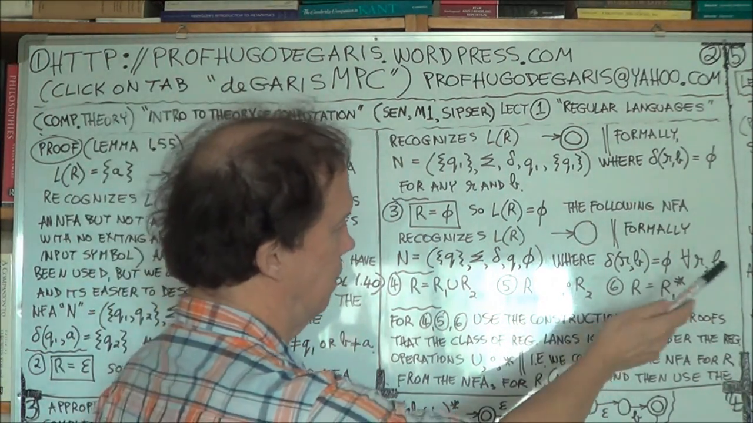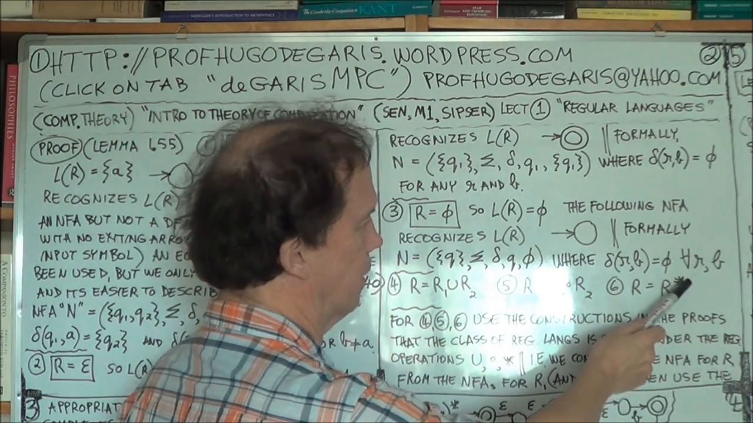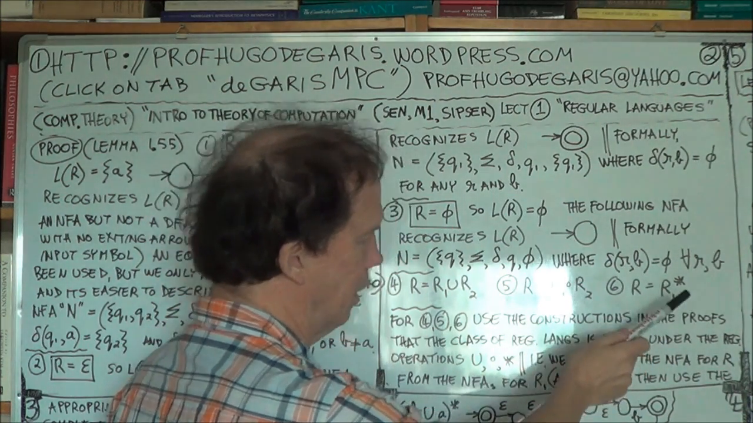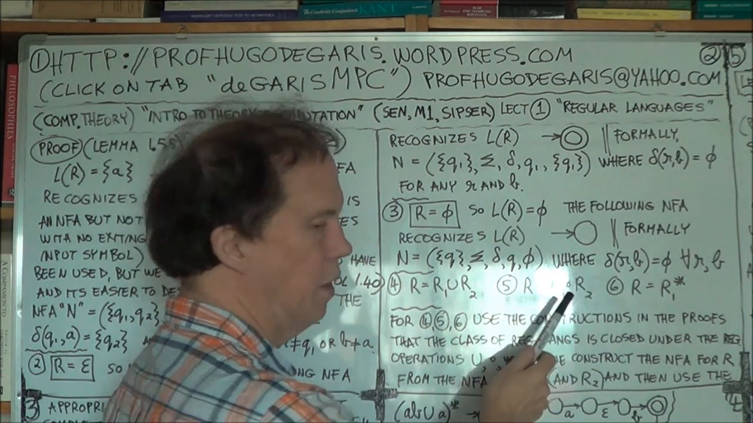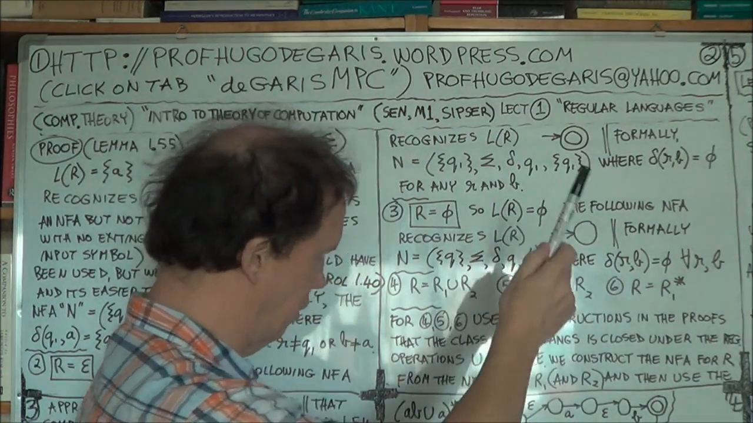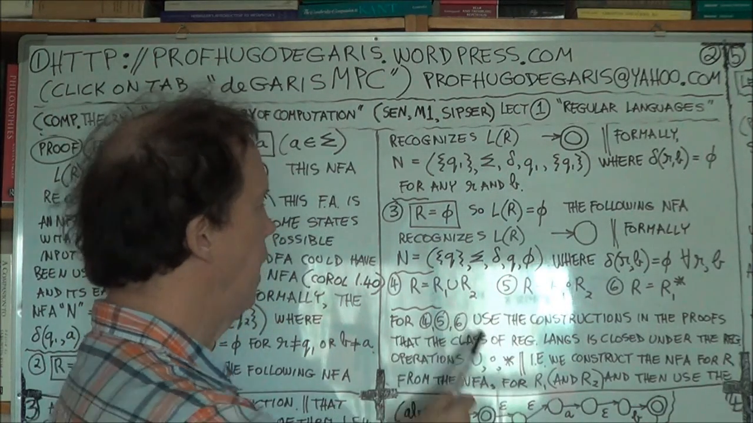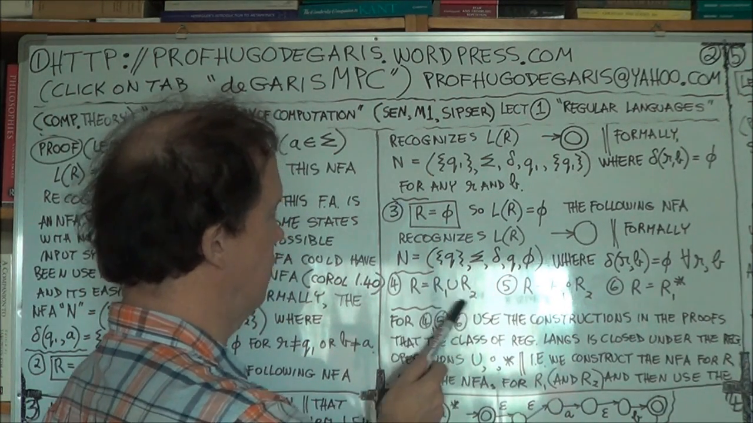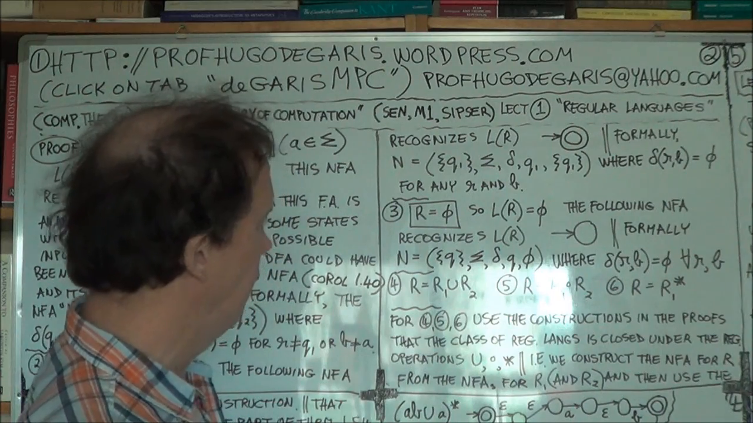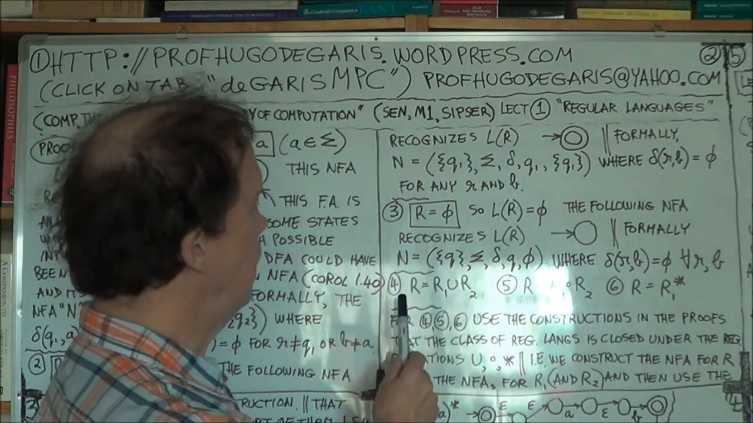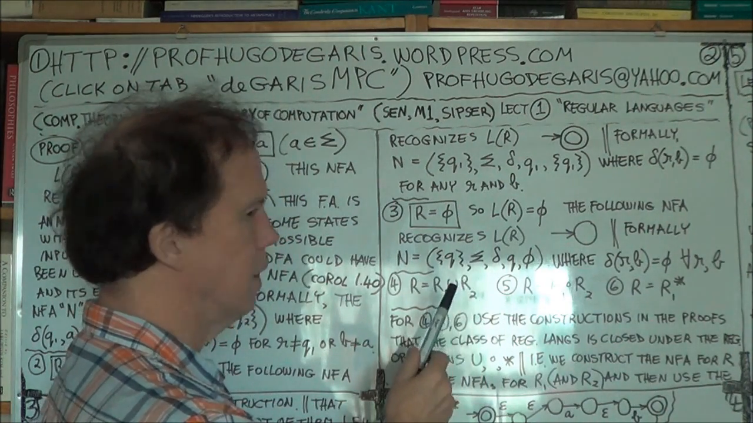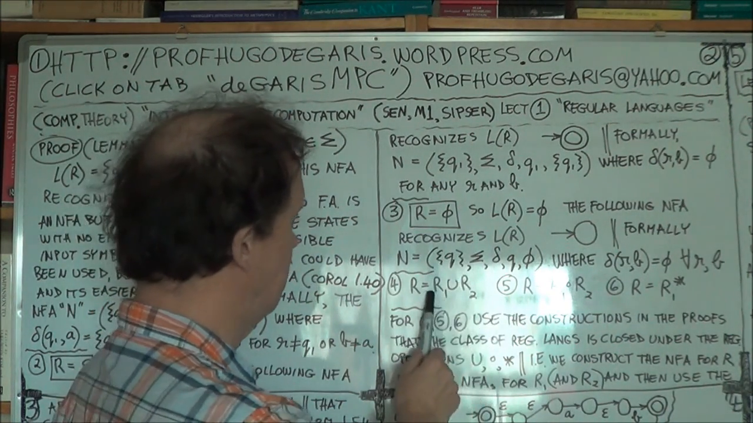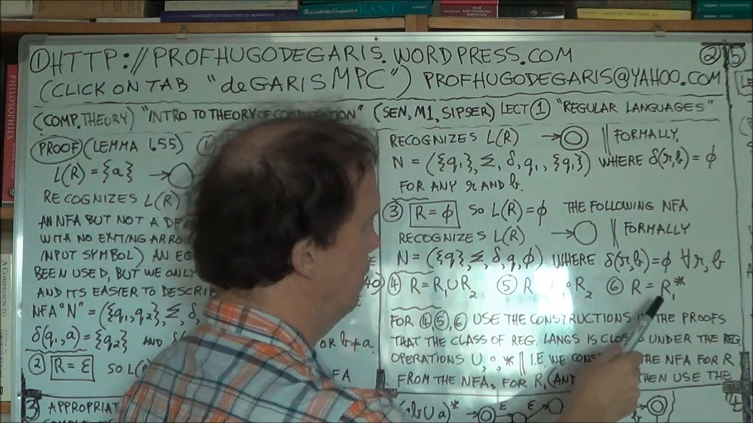Okay, and the sixth one, you just take the star. So the star of a regular expression is a regular expression. The concatenation of two regular expressions is a regular expression. And the union of two regular expressions is a regular expression. Okay? So if we can find a machine that recognizes each of these regular expressions,